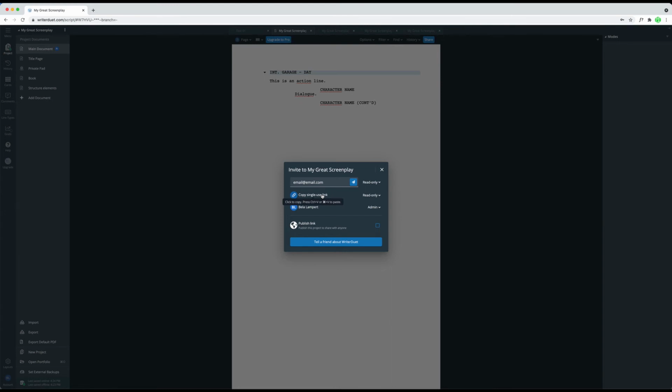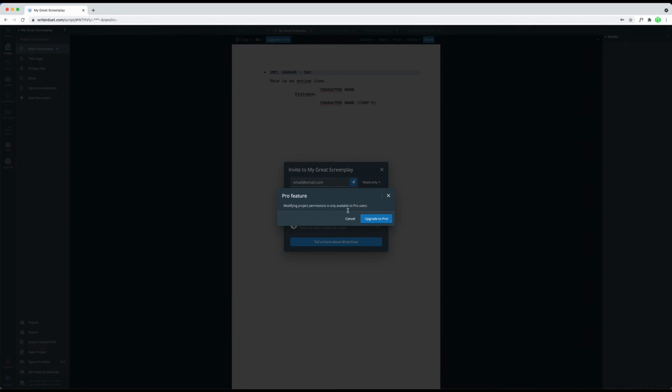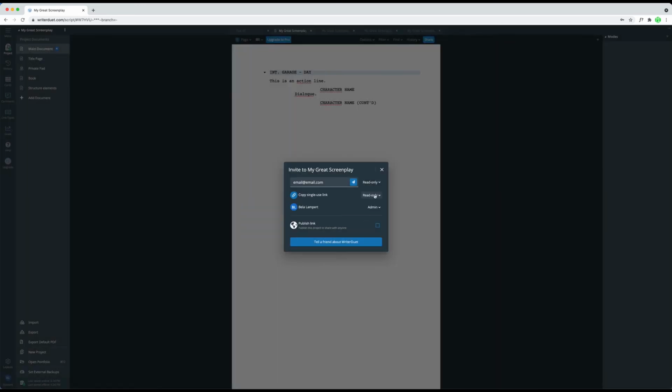Also, in this menu on the side, you see that you can change the permissions that you give to the collaborators. You can select between admin, editor, and read only. Admins can edit and share the project just like you can. You are still the project owner though. Editors can read and edit, and read only is read only, unsurprisingly. Changing collaborator permissions is a paid feature, by the way. You cannot do that in the free version. With the free version, you only can share your project in read-only mode.